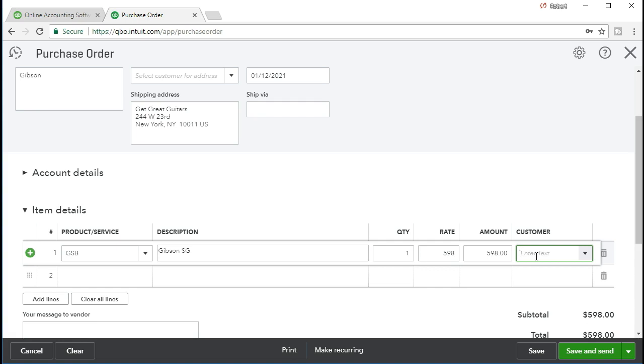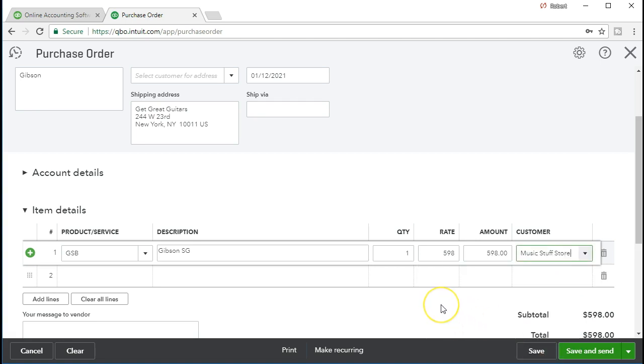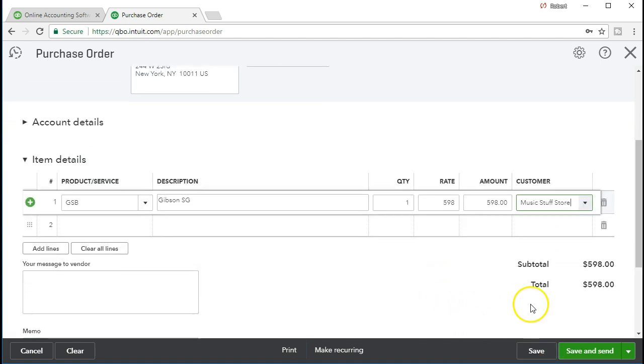And then we'll be able to link this purchase order to a particular customer, that customer being Music Stuff Store. So we're going to call it Music Stuff Store, add the customer, and so that's going to be our customer there. So here is our information. We're going to save this. Note, however, that although we have information down here, this is really unusual for forms